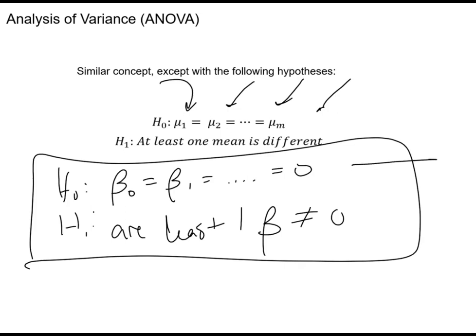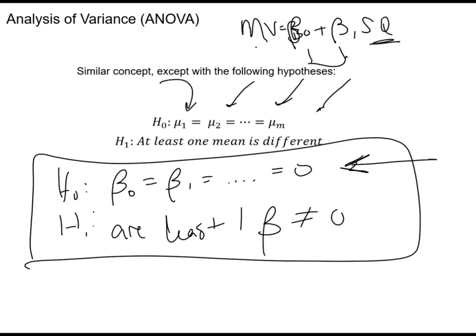The default null hypothesis is going to be that everything in your model is 0. Think about it for a second. If we've got a model of market value as a function of beta naught plus beta 1 times square feet, if everything is 0, then square feet has no impact whatsoever on market value. If anything is not 0, it means there is some kind of relationship between any of our variables. And again, remember, with the analysis of variance,